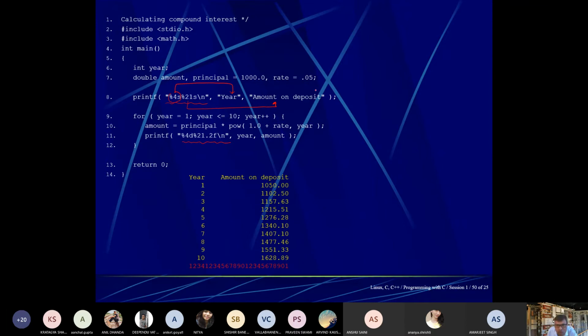Now, if you count the value, this is 1, 2, 3, 4, 5, 6, 7, 8, 9, 0, 1, 2, 3, 4, 5, 6, 7. Meaning a total of 17 characters are there.